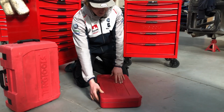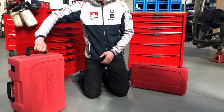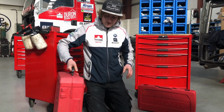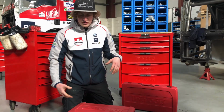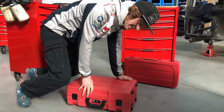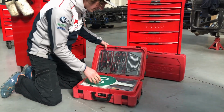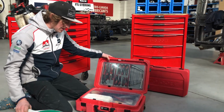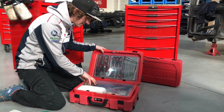And then this box here is the one that does probably the most mileage, so this actually comes to the pit lanes with us. This is like our emergency toolbox in the pit lane, and I haven't opened this since the last race, so I don't know what's in it, but it should still be complete. So we've got a stop go board for when the truck comes into the pit lane, so that we can safely stop the vehicle, cable ties,